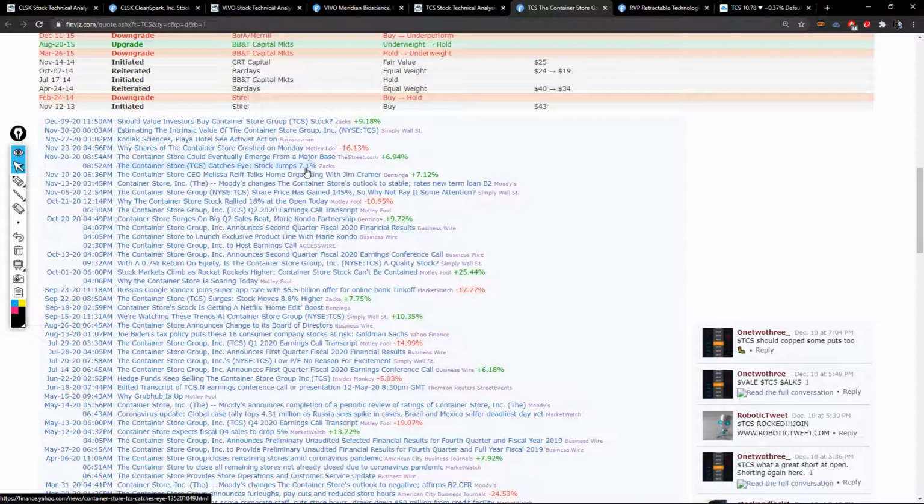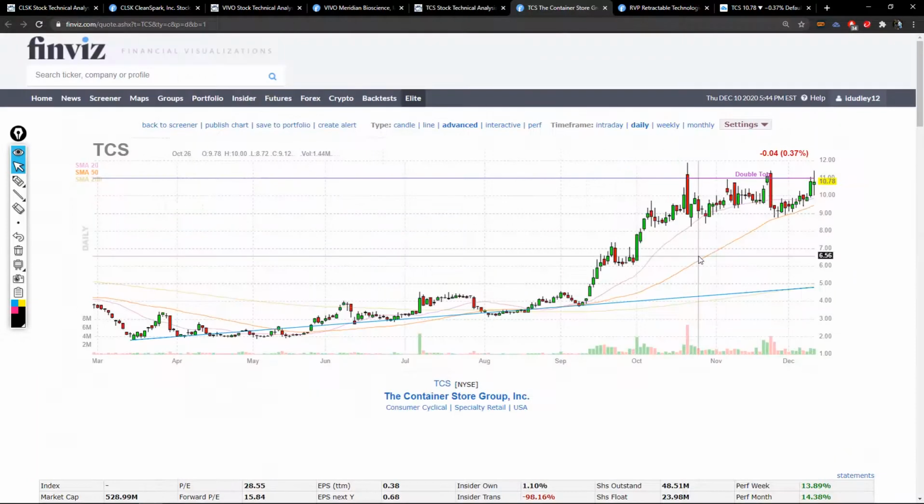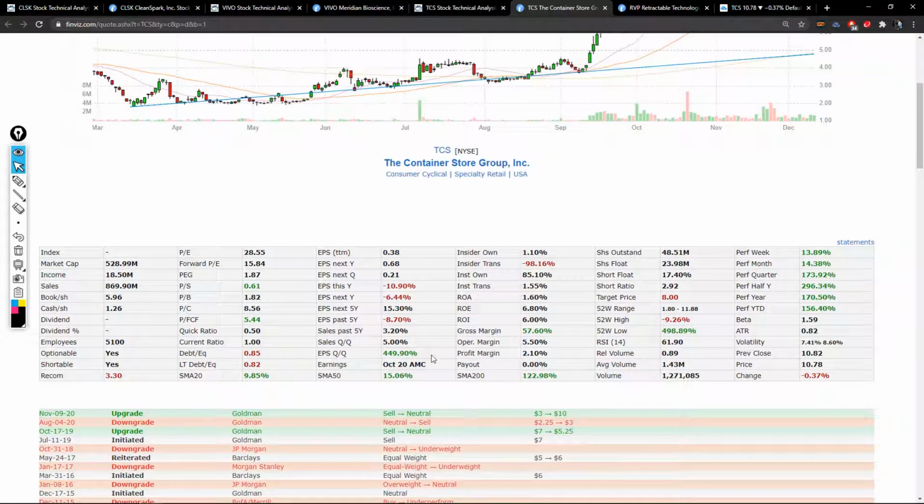So it's the consistent storyline, right? Because each stock has its own story. And the story this stock is presenting to us is that one day it's up and the next day it's down, and one day it's a good idea and the next day it's not a good idea. One area is good, it's got good earnings per share quarter over quarter. But the sales isn't that great, and